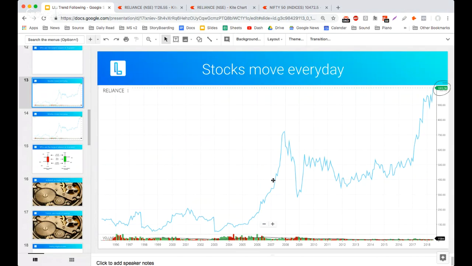But what price is it recording? Think very carefully. Markets open at 9:15, markets close at 3:30. What could be the price that is being plotted over here? Exactly, close. The close for every day, meaning the last price at 3:30, is recorded, and points are made and joined to form a line. Let me say the exact thing in English now. At 3:30 when the market closes, the last price of Reliance is taken. You put that as a dot on the chart and you connect it to form a line. So basically, we are only covering the close of the stock of Reliance.